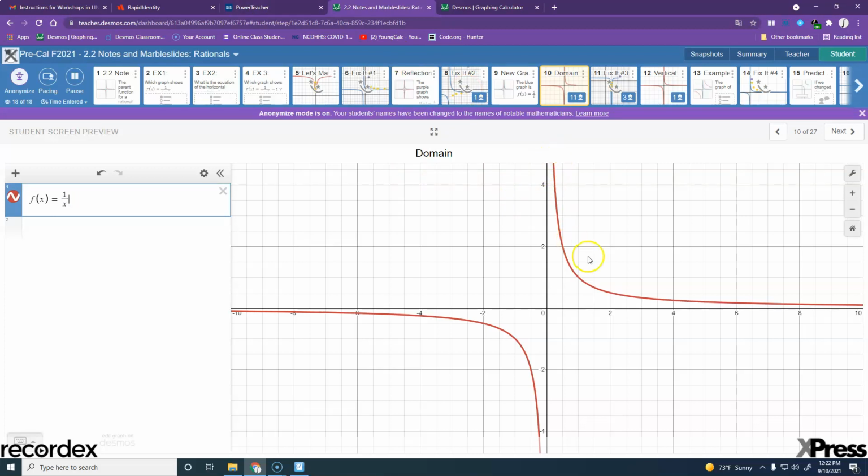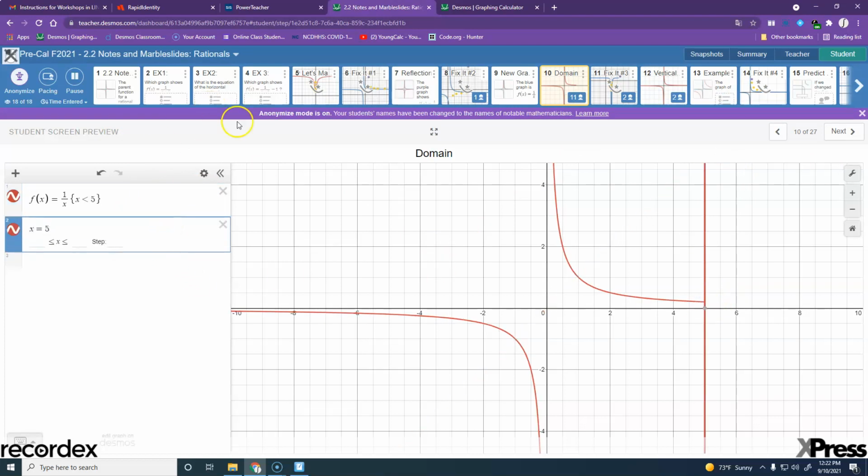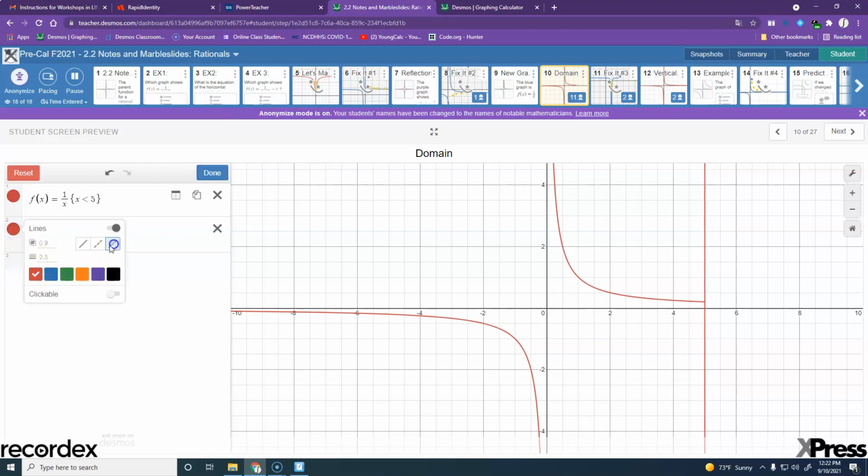Originally this graph would have looked like this right here. But if I add those squiggly brackets as x is less than 5, then it cuts that graph off at 5. I'm going to put an x equals 5 line there just so you can see it. Let's make that dotted in blue. So it cuts that graph off right there,